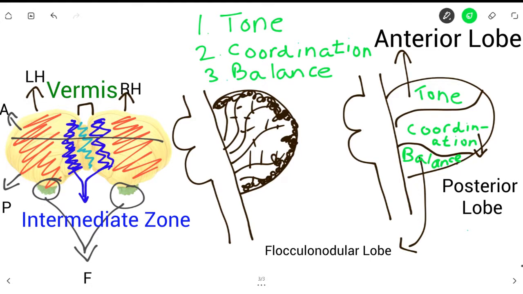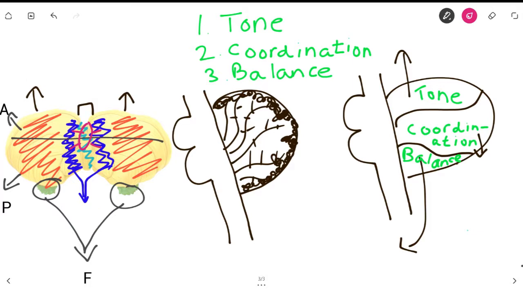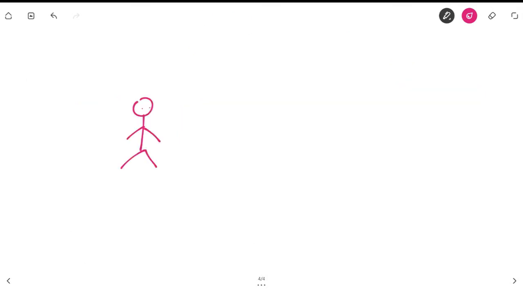So one way you can remember this is by drawing yourself a pretty little image over here. And this middle area is the middle of the body, and then these 4 lines coming out are the limbs. And as you can see, the limbs are on the intermediate zone, and the middle of the body is on the vermis. So you can draw yourself a stick figure, and coming back to the tone, coordination, and balance, let's say you are helping your friend